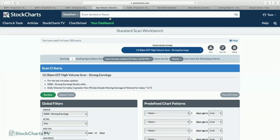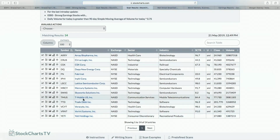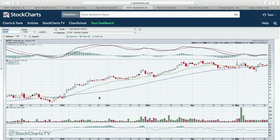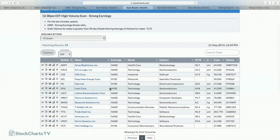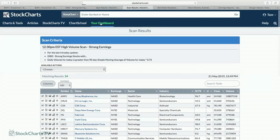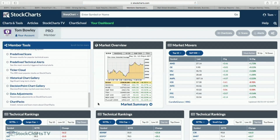All right, almost done here. Just maybe a couple of other things. Actually, what I'll do is go back to the scan, because you can see these are the other stocks. You know why T-Mobile's on here. Here's the other one, Verisight. This is actually on my aggressive list, and that one's up a little bit, 0.5%, not quite 19%, but anyhow. So those are stocks that just kind of alert me to heavy volume within my watch list on that particular day. The next scan that I would maybe point out here would be